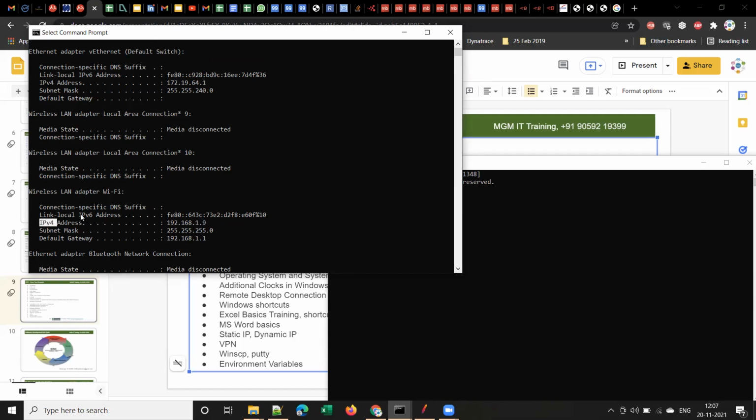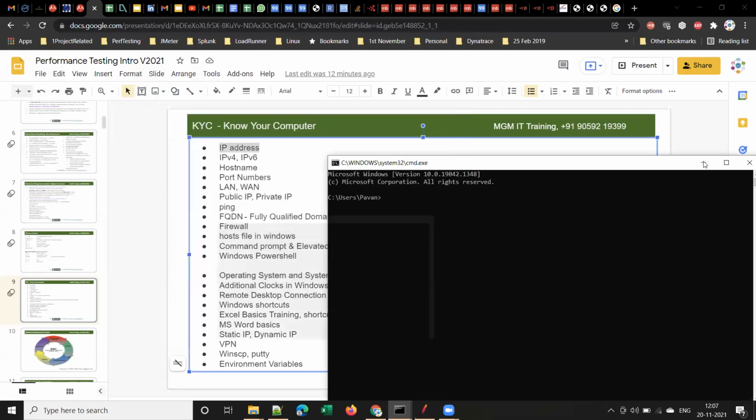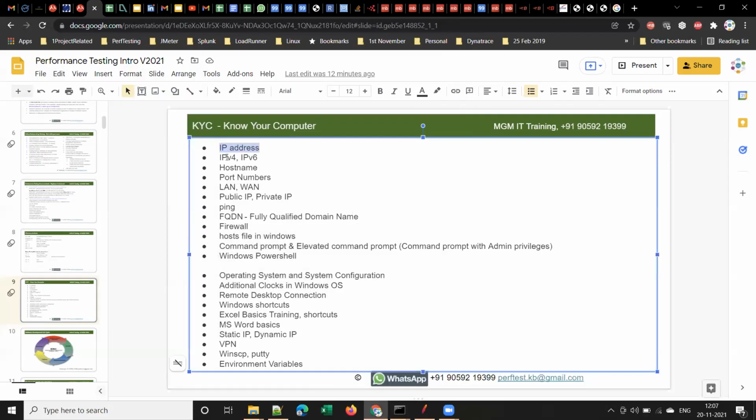And now we have something called IPv6, which was introduced recently. Why do we have IPv4 and IPv6? Let me give an example. If you remember, when mobile numbers were initially introduced, all the numbers started with 9.